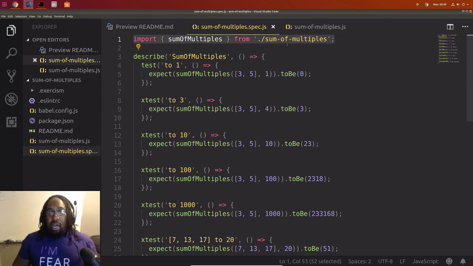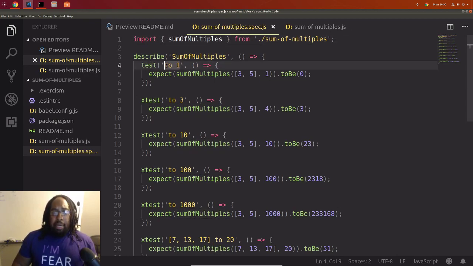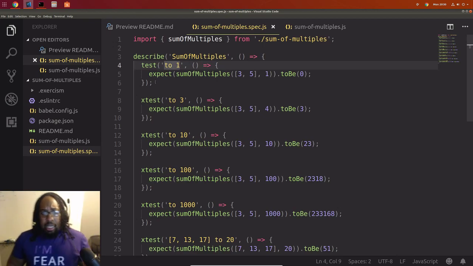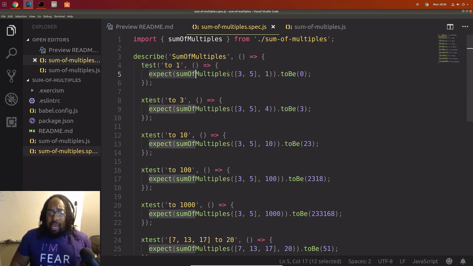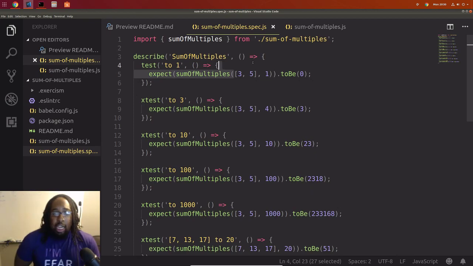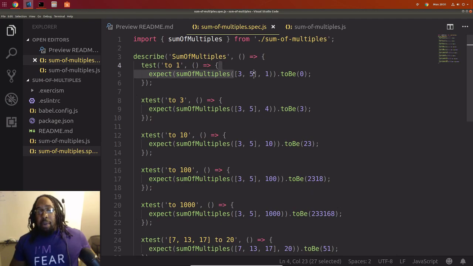We've already completed the first piece of this, kind of. We need to create a function called sum of multiples as well, but we'll do that in a second. Basically, it's saying up to 1. So the test that's described as 1, I'm assuming that means the number we want to pick all the numbers below. And we're going to expect that when we run that, it looks like we're going to give it, if this is your first time seeing things in brackets, this is called an array. This is a list of items here. Arrays are iterable, so you can run through anything in an array.